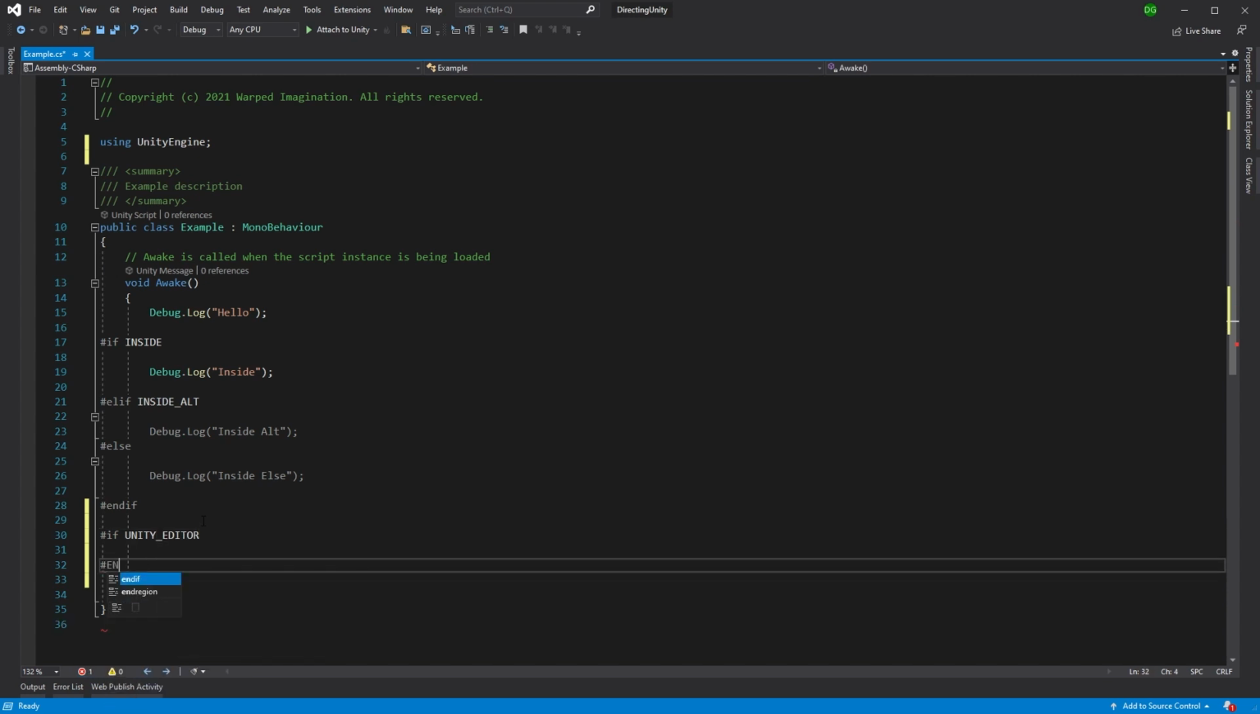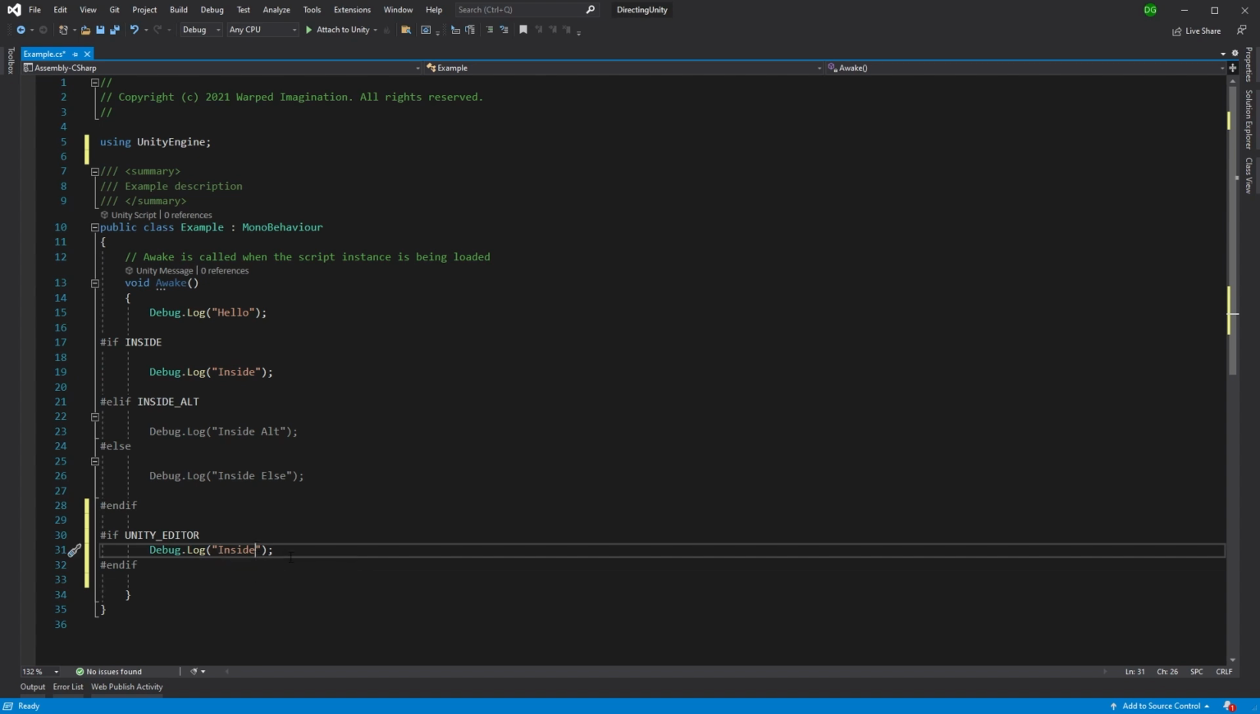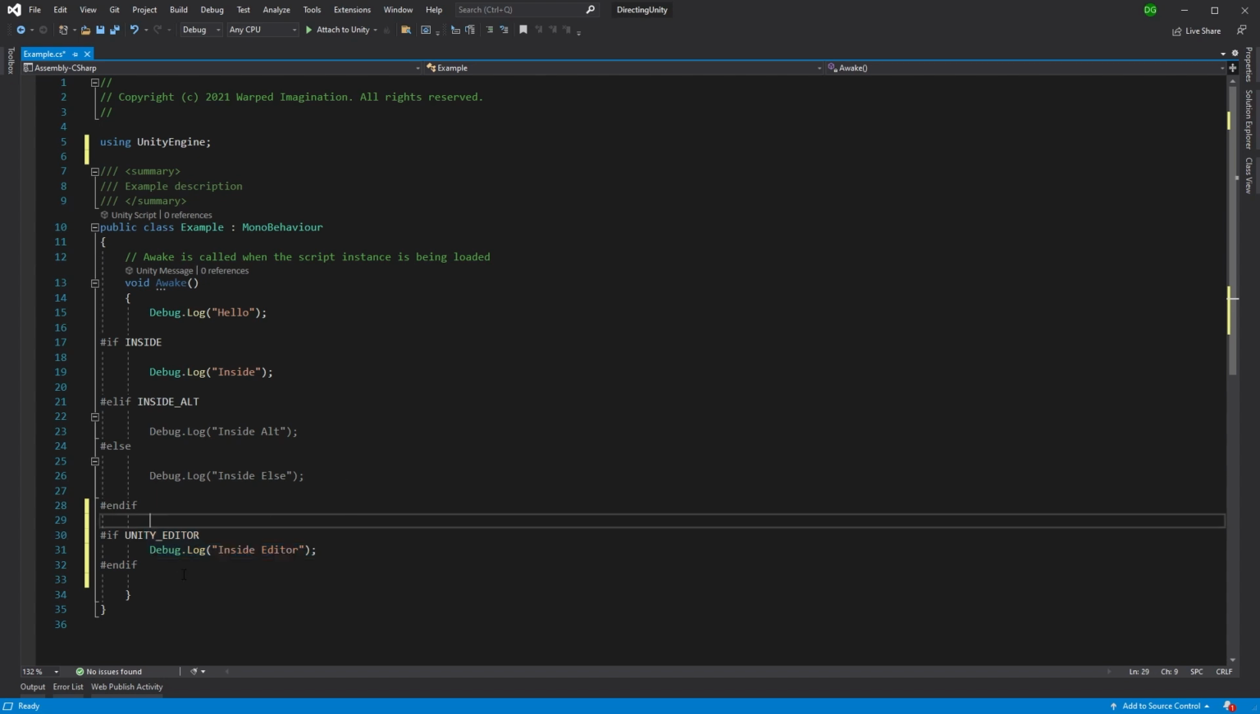And what this actually does is it means that any statement, and I can put this in here inside editor, any statement that's currently being run while we're running our game in our editor will actually be compiled into the final source. But for our builds, Unity doesn't declare this UNITY_EDITOR. So anything inside here when we actually do a build will be left off. It will not be included,